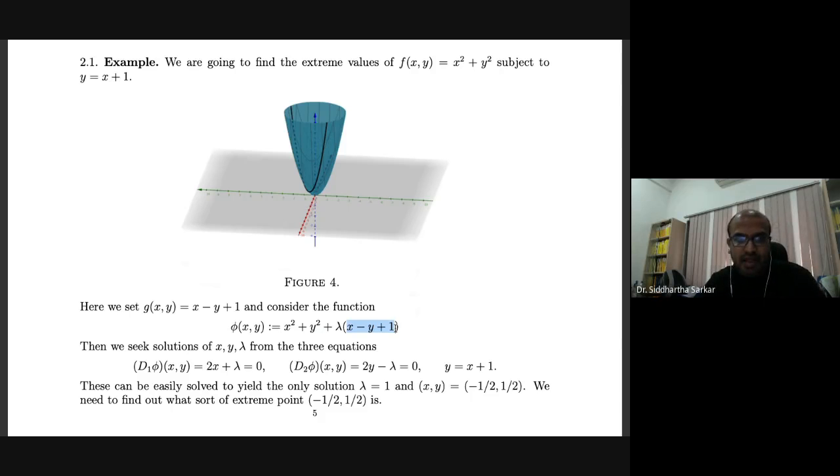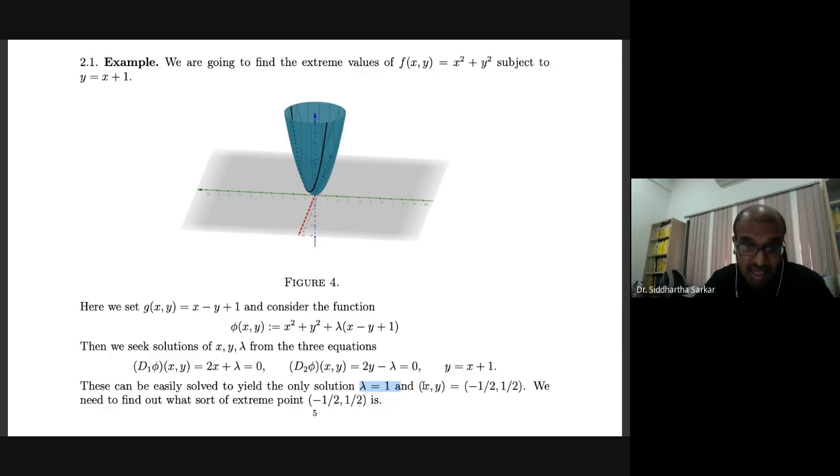Then again you compute all the partial derivatives, set them to 0, and look at the given equation g(x,y) equal to 0 as well. If you try to solve this, you can easily see that the only solution turns out to be lambda equal to 1 and (x,y) being (minus half, half). Now this just tells me that this is an extremum. I need to determine whether it's a